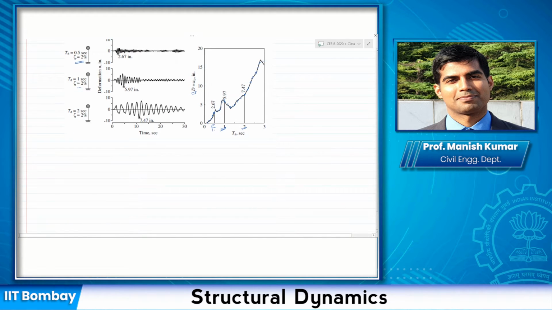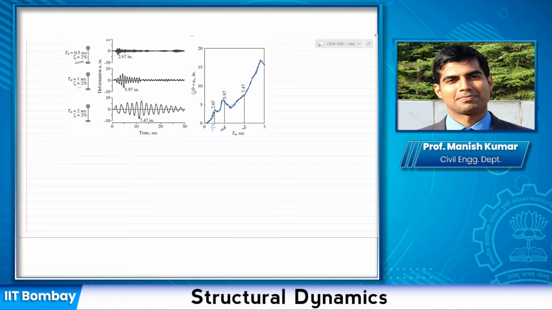Now, why do we need a response spectrum? Say you are a designer trying to design a system, and you don't want to do complicated calculations like dynamic analysis. It seems easy for a single degree of freedom system, but it is very difficult for a multiple degree of freedom system, and it also takes a lot of time. So let us say that for a ground motion, somebody has developed this once and provided you this response spectra. Somebody has gone ahead, done the programming, and did it only once.